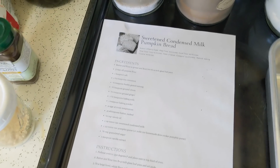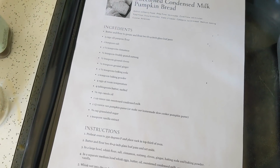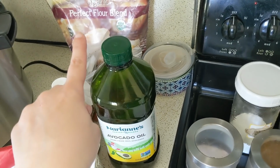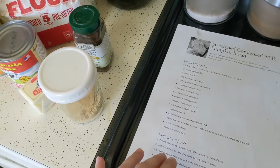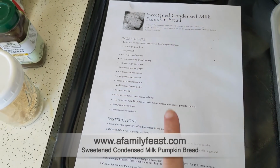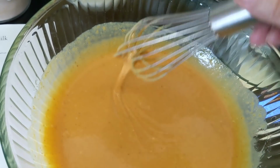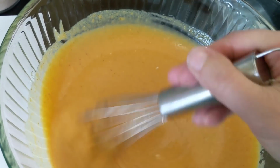All right, here is the recipe I found for the pumpkin bread using up the sweetened condensed milk. Pretty simple. I'm using regular flour for this one. I have gluten-free flour that I'm going to use for the biscuits, but for this one I'm just going to use regular flour. I will put up on the screen the website where I got this recipe from. The recipe makes 2 loaves, but I only have 1 pan, so I'm doing just half of the recipe at a time,